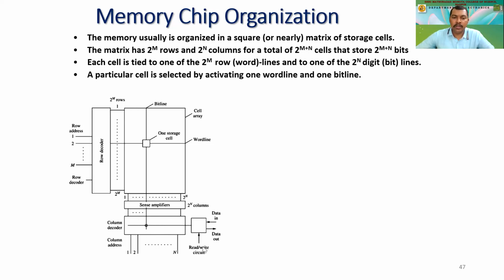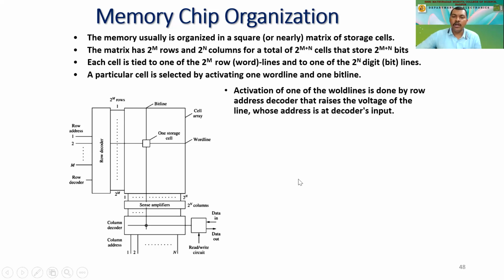And accordingly, we are having two data lines which are able to read the data as well as write the data. So for reading the data, we are having the data out. For writing the data, we give the data in. And as we select one of the word lines and one of the bit lines, according to which we generate the addresses, the data is being loaded or the data is being read from there. So we can access the data as well as load the data in the memory cell by using this. Now this is how it happens.